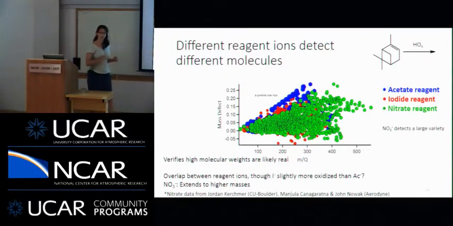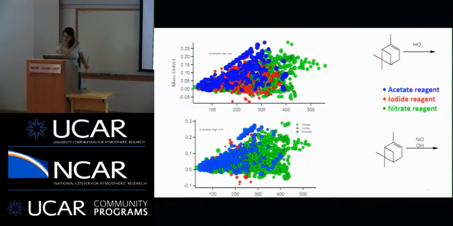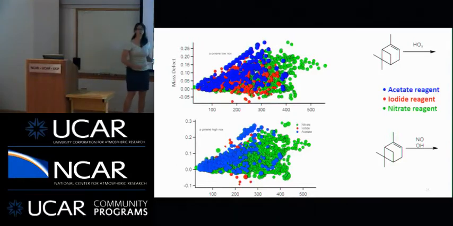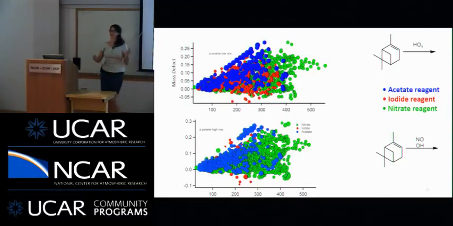Yes? Have you basically decided that those are all carbon, hydrogen, and oxygen? They are not all. For the purposes of this figure, I believe we eliminated all the heteroatoms. Oh, no, that's not true. We actually included them, but this was a low NOx experiment, so there were almost no heteroatoms in here. So no nitrogen and sulfur in this figure. But in the next plot, I have the data from the exact same experiment, alpha-pinene plus OH, but in this case, we added NOx. Turns out there was some NOx in this experiment too, but not too much to be worried about.